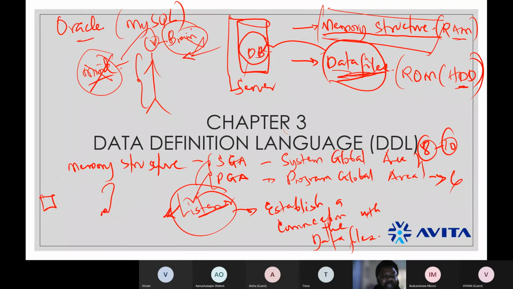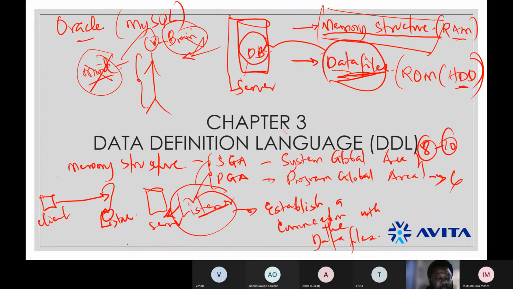I'm going to draw it like an air that has an airing between you and the database. This is the client and this is the server, right? So you want to make a connection. The connection goes to the listener first, right? Now, the listener is expecting 4 components from you. And we said that those components are your connection protocol, your host, your port, and your password, right?